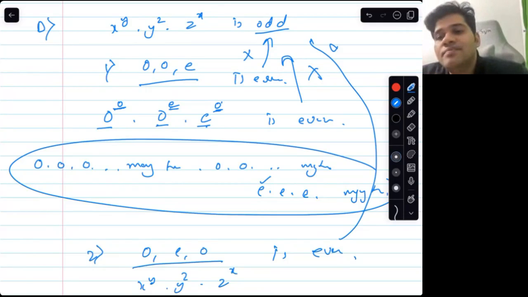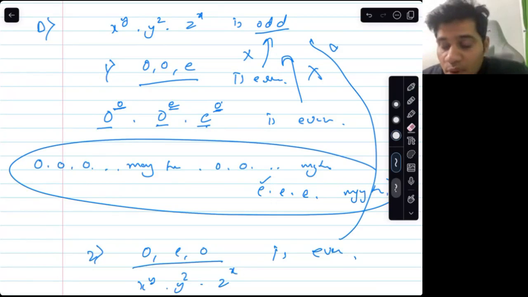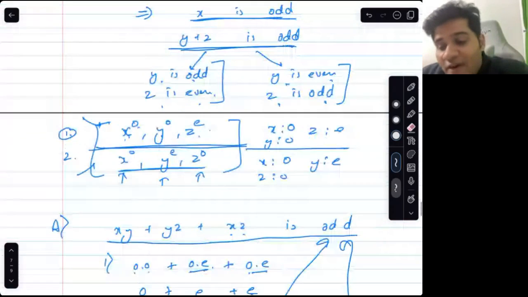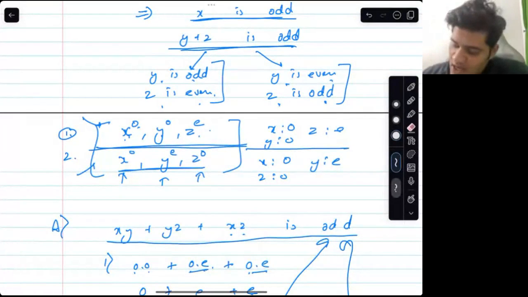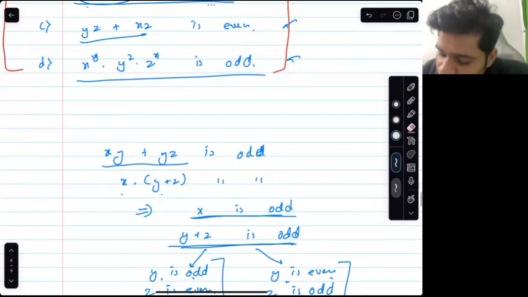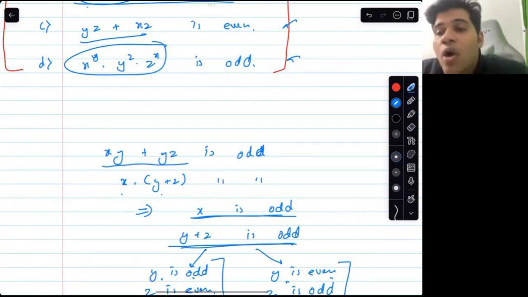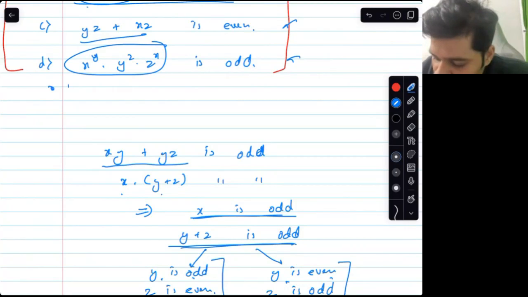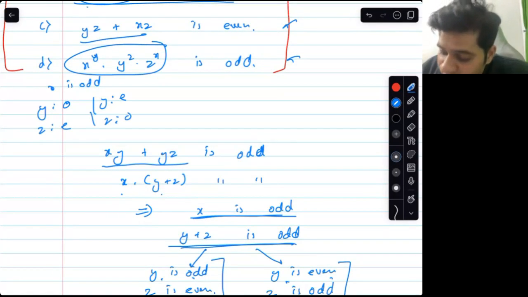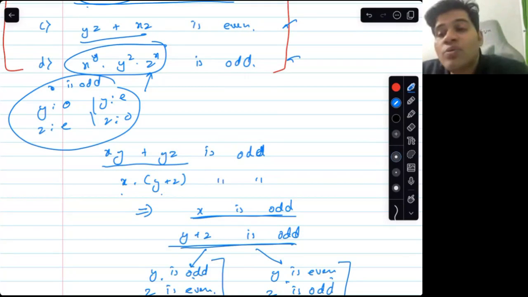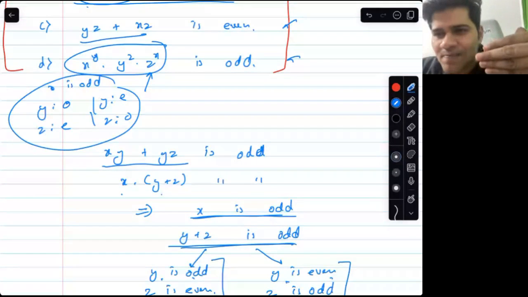So this statement is false. Is it correct or not correct? Do you see how we work through it? So it could be false if it was going to be false for both the cases. So only option D is false for both the cases. It does not matter whether y or z is odd and the other one is even. So we knew that x is always odd, and out of y and z, if y is odd, then z is even, or y is even, then z is odd. And for both these cases, this always comes out as even, because in the product there is at least a single even number.